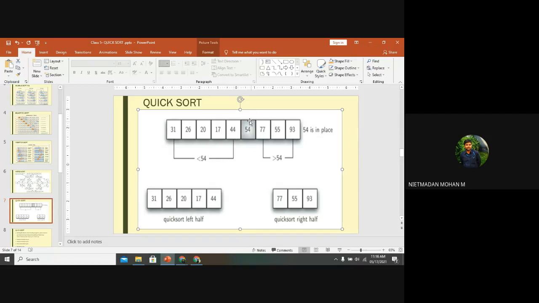After finding the pivot number, the list will be divided into two parts, one left hand side and another right hand side. In the left hand side, again you select a number as a pivot number, and that pivot number becomes the middle of that part, with the left side lesser than the pivot and the right side greater than the pivot. So the recursive technique happens again in this sorting methodology. Clear? Any doubts? In the first stage, if you have any doubts, you can ask me. Explain again, sir. One minute, I will go with this sheet.